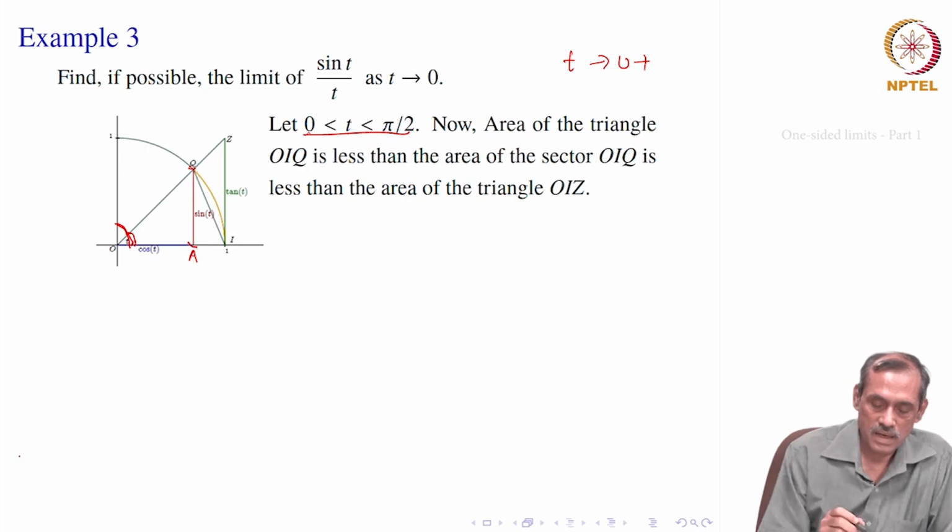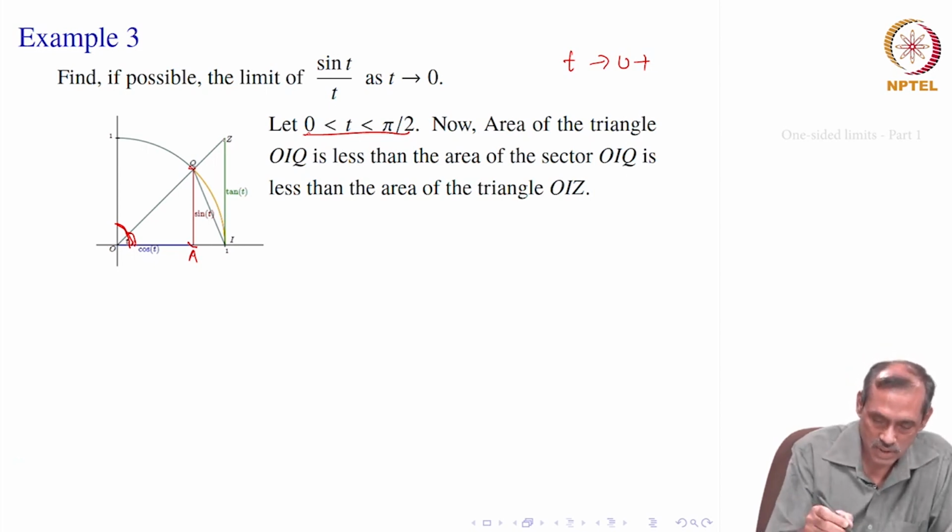Okay. Now, what about this green line? You can think of the green line, this is T. So, you consider the bigger triangle OZI. In this I have T here. So, tan T is equal to the perpendicular divided by the base, the perpendicular is the ZI length, divided by the base, which is O to I, the unit length. Therefore, this is tan T.